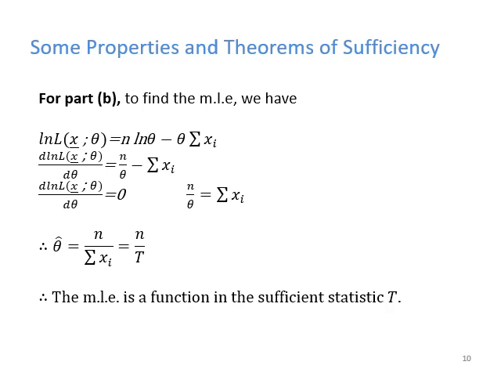In part B, we want to get the maximum likelihood estimator of theta. To do this, first we are going to obtain the logarithm of the likelihood function. This will be given as shown in the slide. After that, we are going to differentiate the logarithm of the likelihood function with respect to theta and then equate this derivative to 0. If we do that, it is easy to show that the maximum likelihood estimator of theta is given by n over t. T, of course, is the sufficient statistic, so clearly the maximum likelihood estimator is a function of the sufficient statistic t.